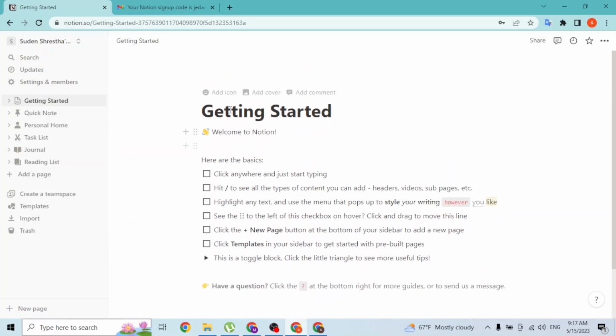And with that being said, guys, this is how you sign up for a Notion AI account online on your computer. And if you have any confusions or questions